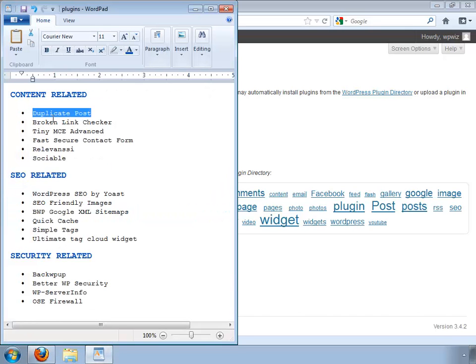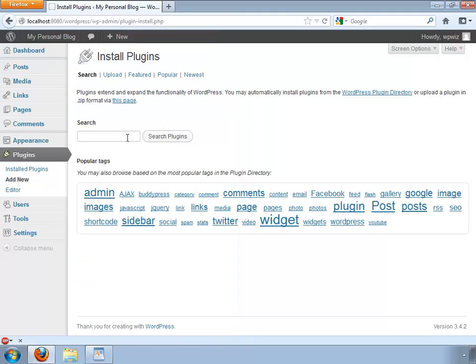Now the first plugin I want to install is duplicate post. This is a very handy plugin to basically just make a copy of an existing post, something that unfortunately WordPress doesn't have out of the box. So we hit search plugins,